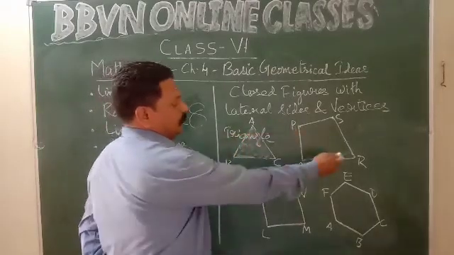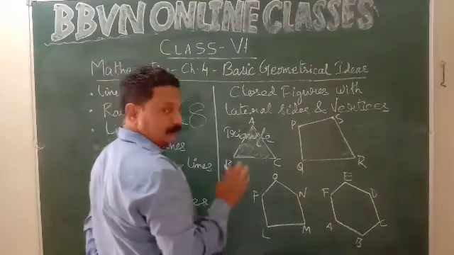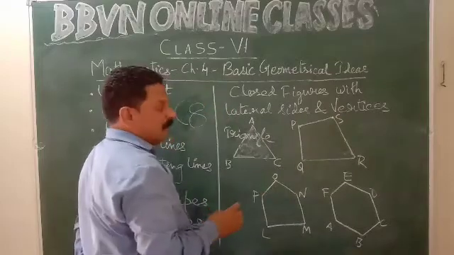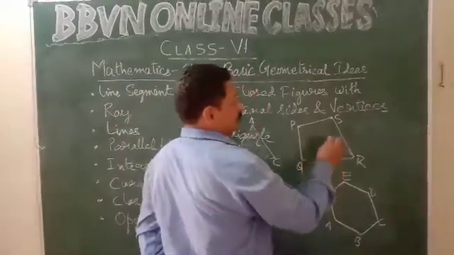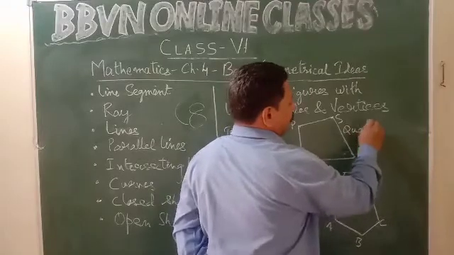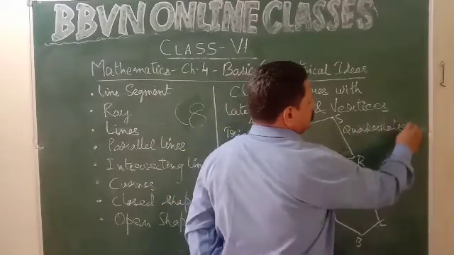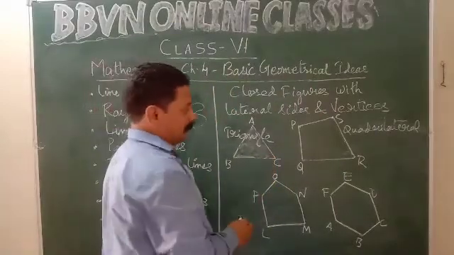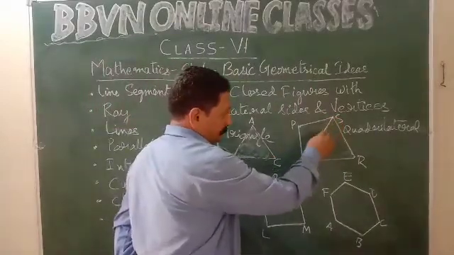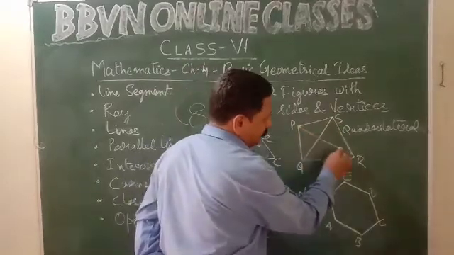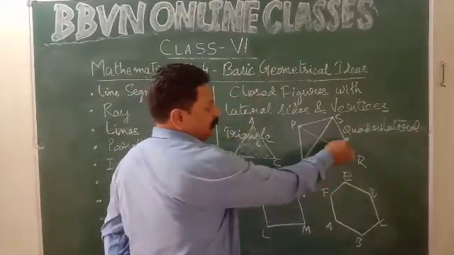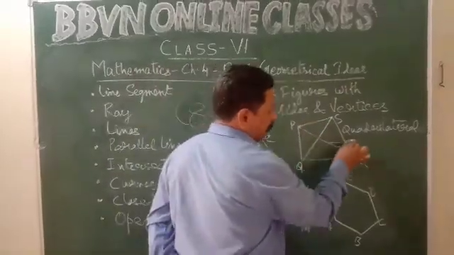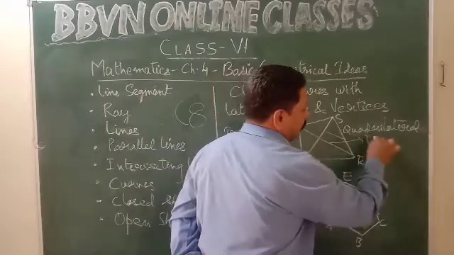Now come to PQRS, this geometrical shape. It is a closed geometrical shape, four lateral sides and four vertices. 4 means quadra, so this is called a quadrilateral. Now, one new thing is introduced when we come to quadrilaterals. If I join these two vertices, I can join these two vertices also. So, these are the sides of the quadrilateral: PQ, QR, RS and PS. But these are called the diagonals.